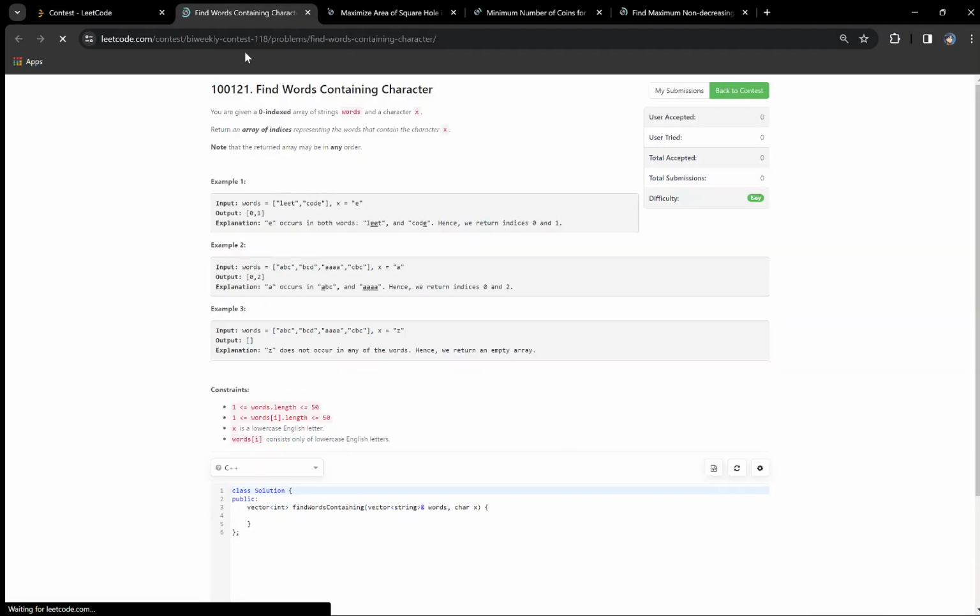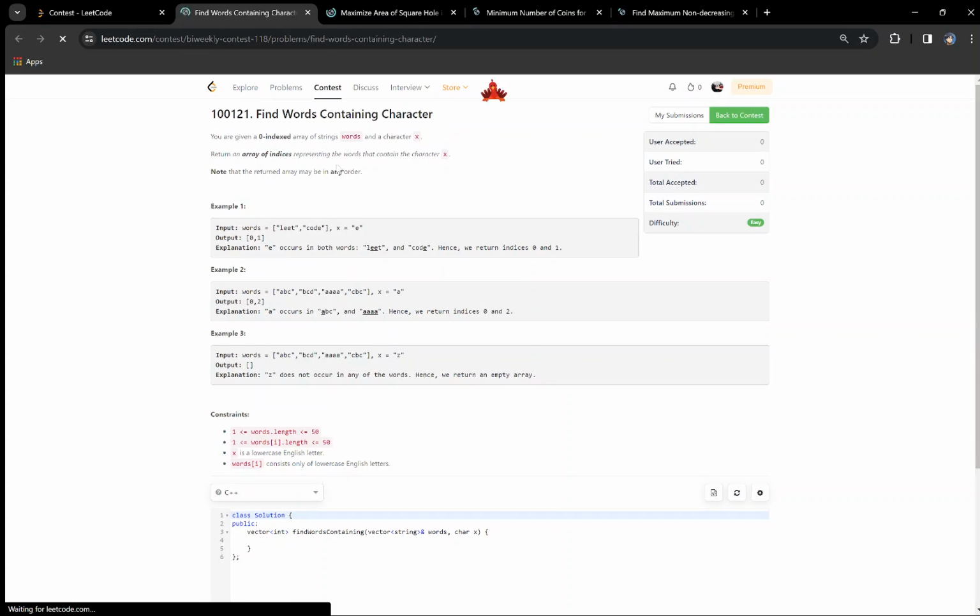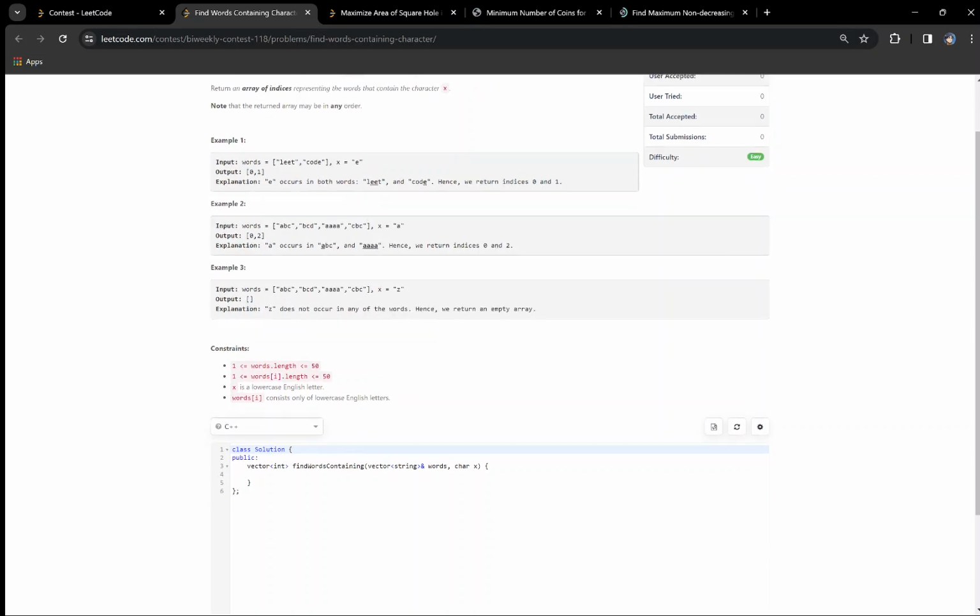Find words containing character. You are given a zero-indexed array of strings words and a character x. Return an array of indices representing the words that contain the character x, 0 and 1. Okay, so